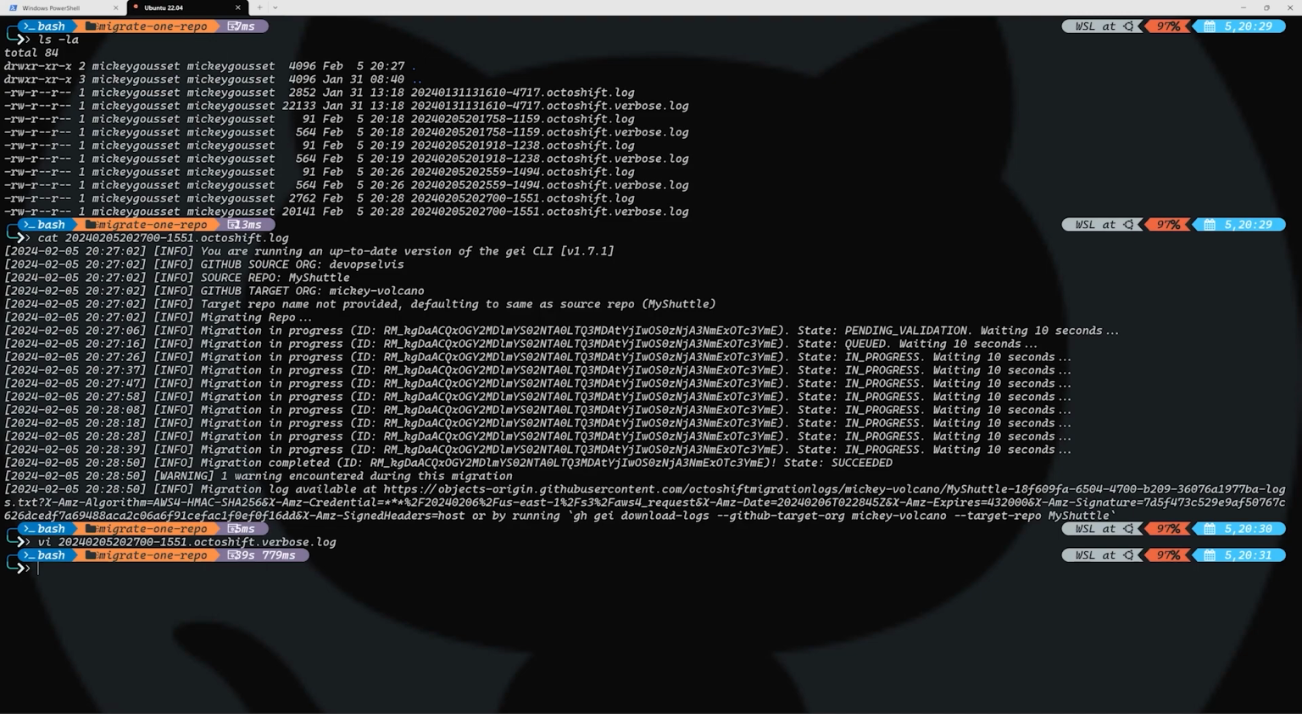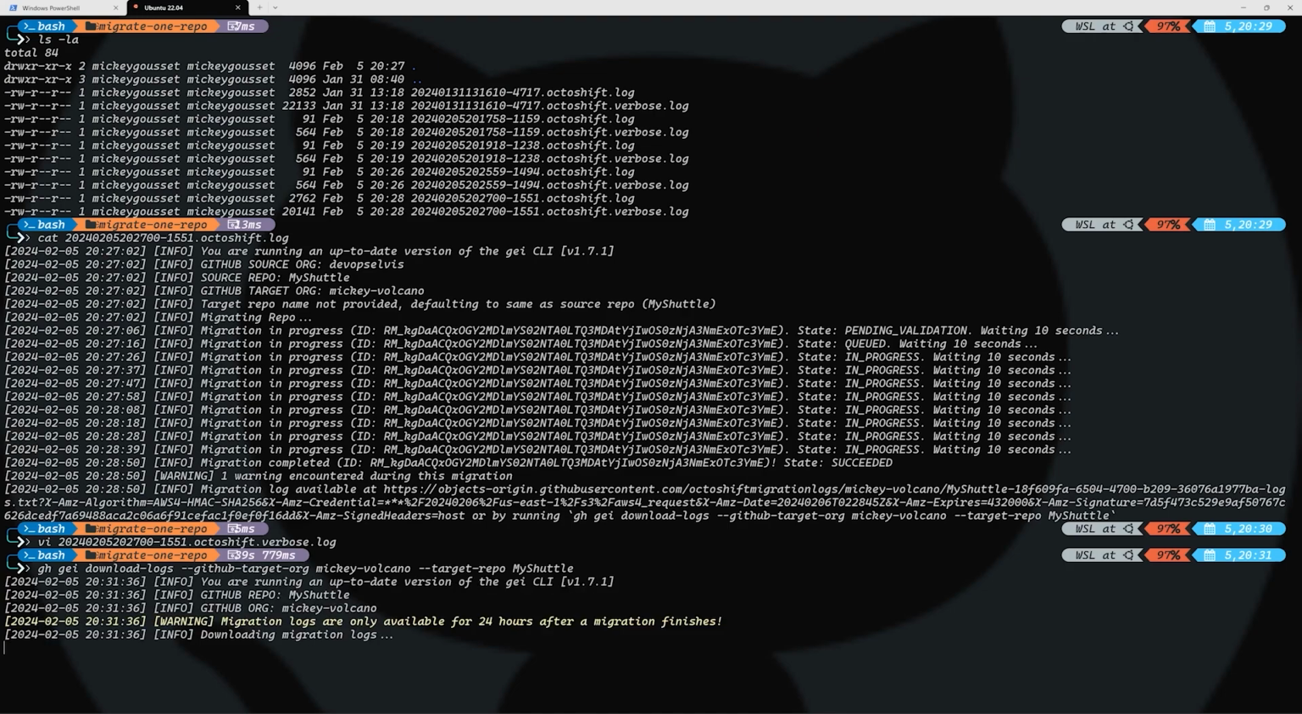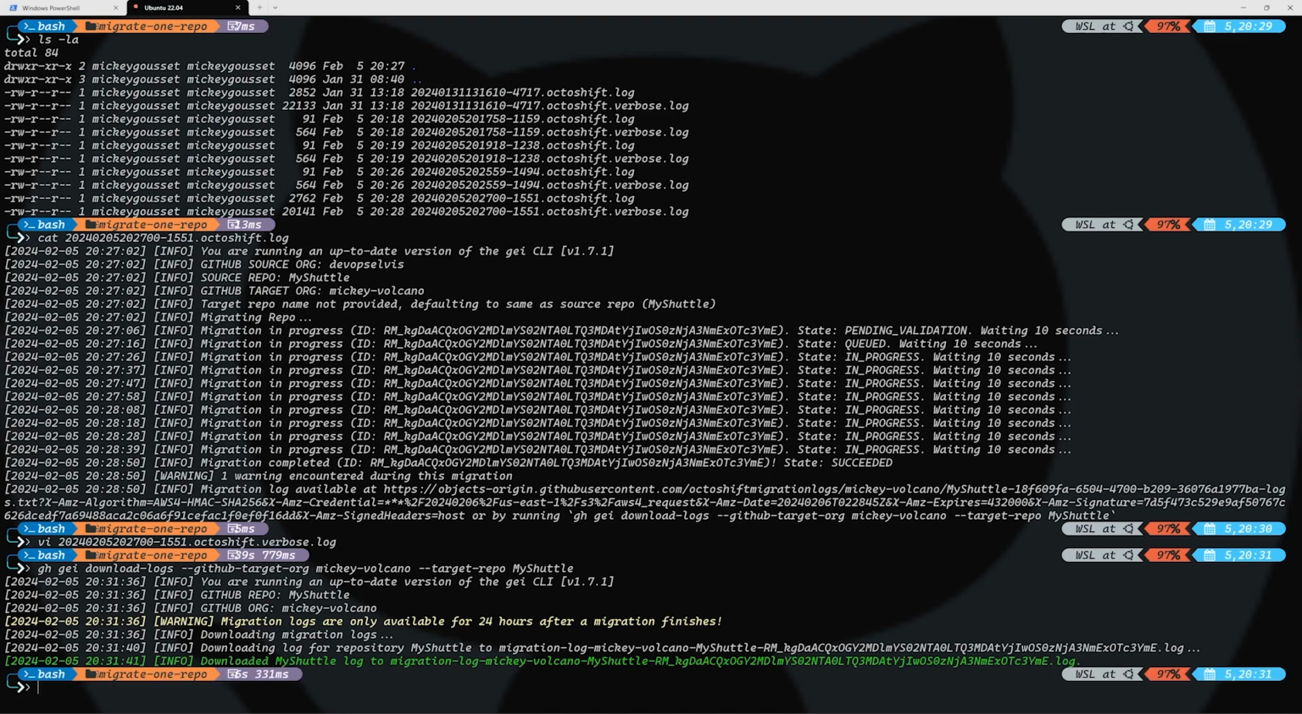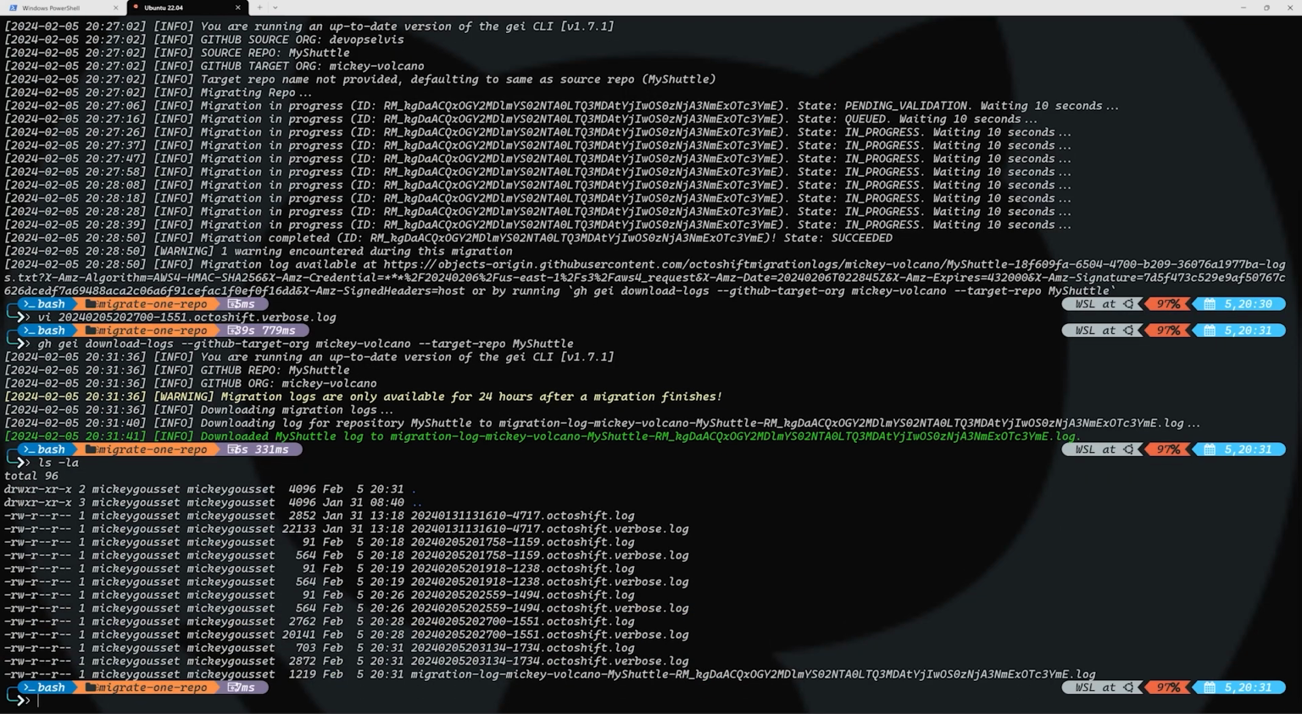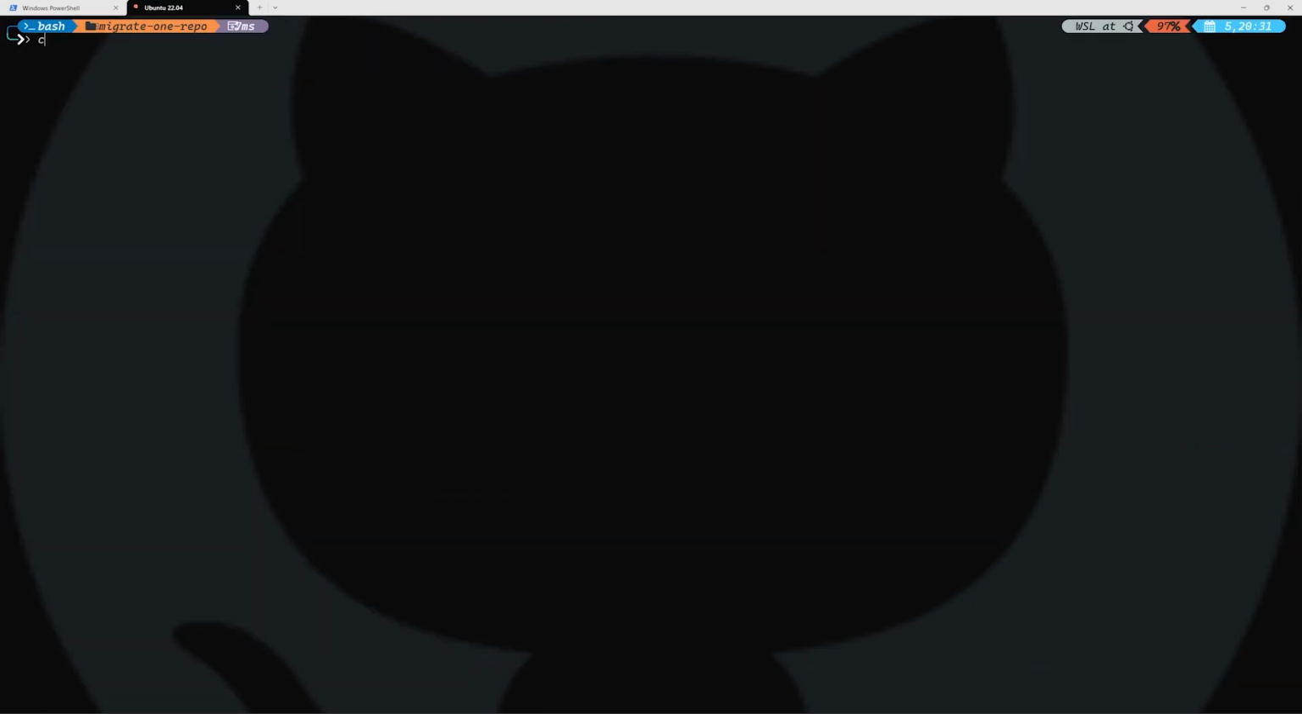Let's get out of VI here. And let's take this and actually download our logs and see what these logs give us. So we'll run the GHGEI command to download those logs. As you can see, they're only available for 24 hours after the migration. If I look, there's the log that was just downloaded. And if we see what's in that log, by copying that, and we do a cat,